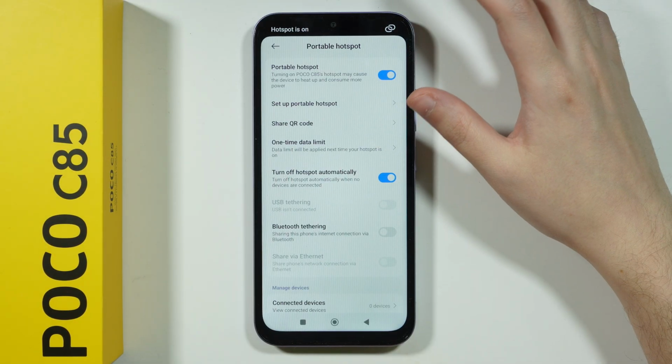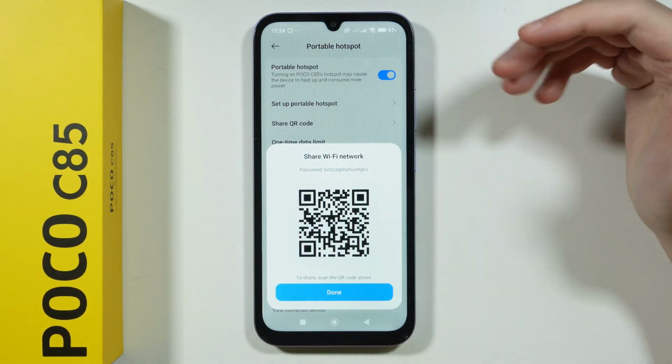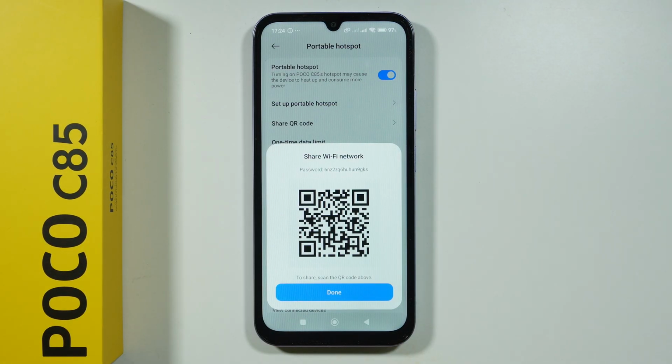So the first thing that we can do is activate the hotspot and share the QR code, which can be quite useful when, for example, we have issues with connecting to the hotspot on another device. So if the hotspot cannot be found on another device, and you have the option to scan Wi-Fi QR codes, then this is what you can do. Just generate the QR code, scan it on the other device, and you should be able to connect without having